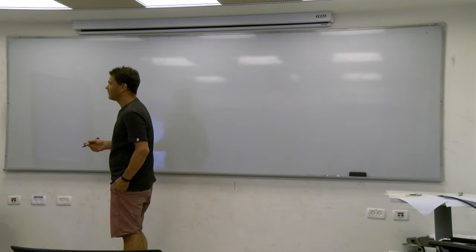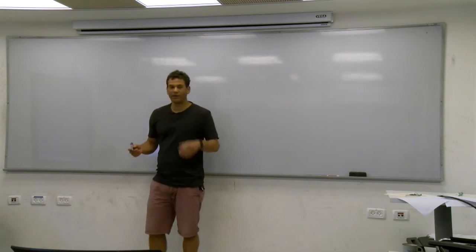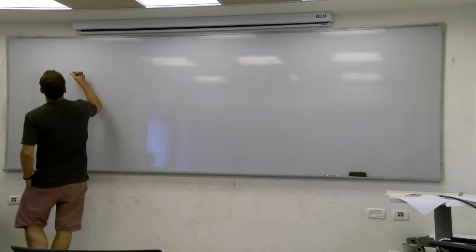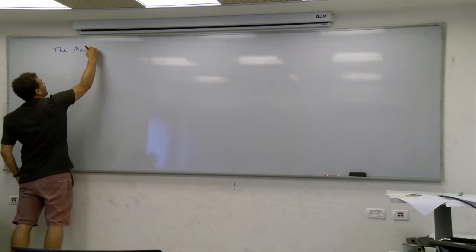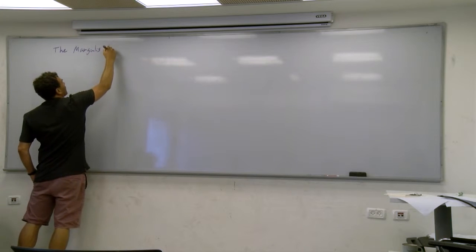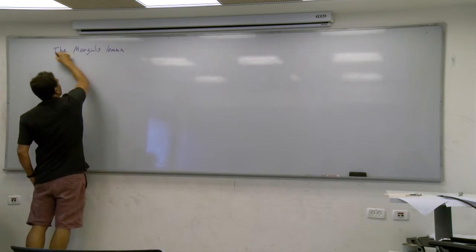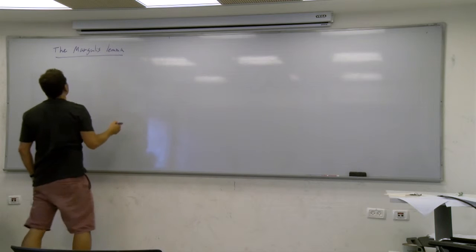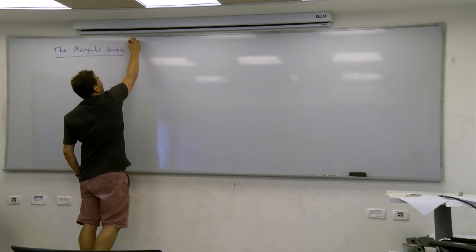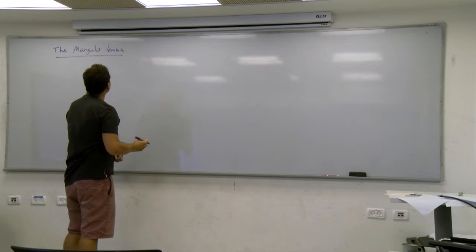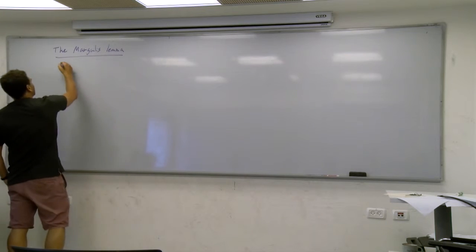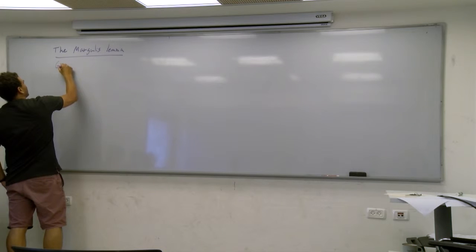Margulis lemma because we need the parameter there. So the Margulis lemma. Or even before, we assume that... no, actually, okay. The Margulis lemma: given n,